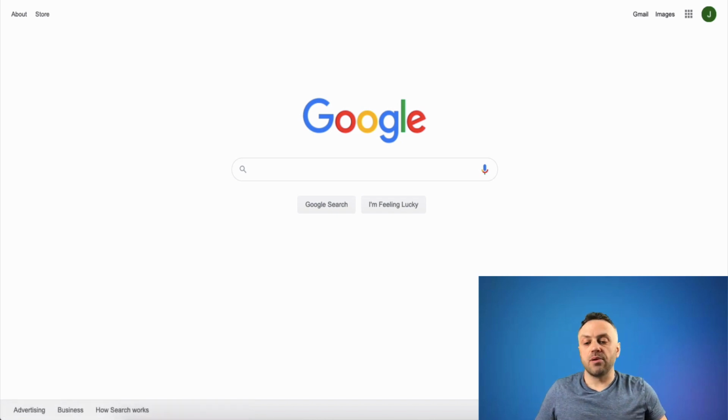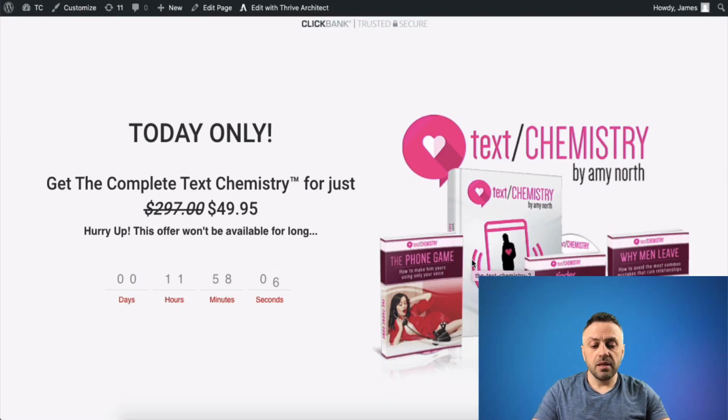Now, before I go further, I just want to make it clear that you do need a website. I do not recommend one of these free hosting providers or anything like that. What I really recommend is just go to namecheap.com, pay $7 or $8 per year, get yourself a domain name. For this Text Chemistry, you can call it something like relationship mastery or relationship coach, because it's about relationships, right? This product is about what kind of text messages to send a guy,